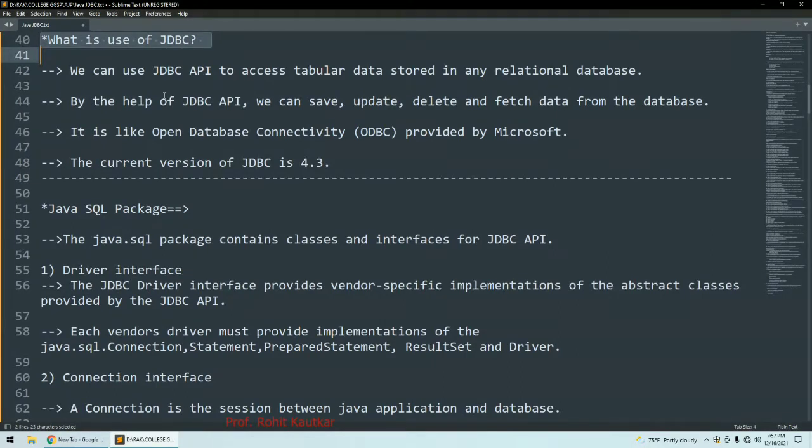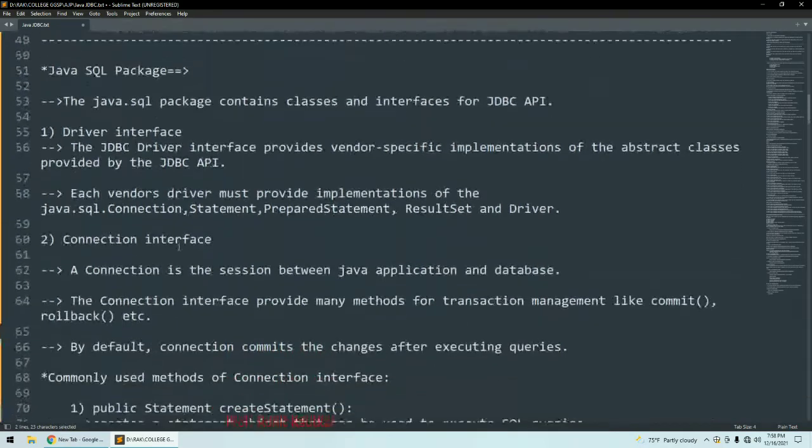Now, as I told you, we are going to discuss the java.sql package. Let's try to see what this package is and what variety of classes and interfaces are available within it. Friends, as we want to establish a connection between a Java program and a database, in order to execute queries and perform certain database operations, we are going to require different interfaces and different classes.